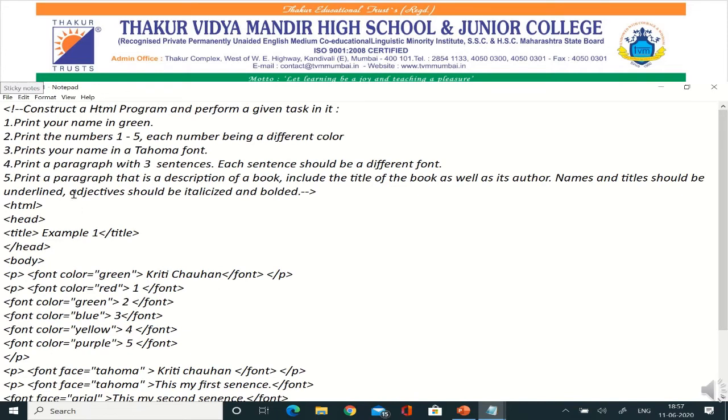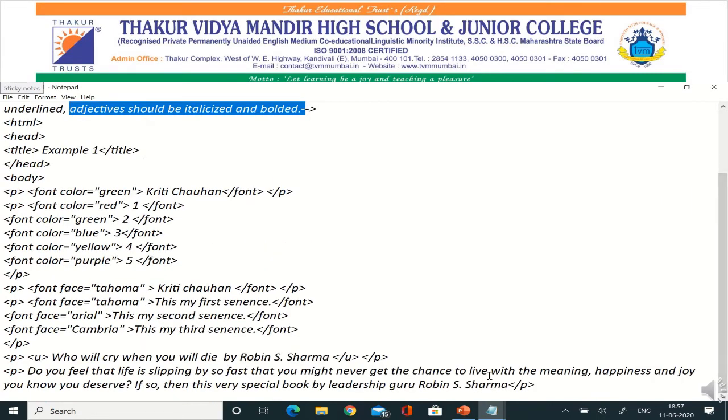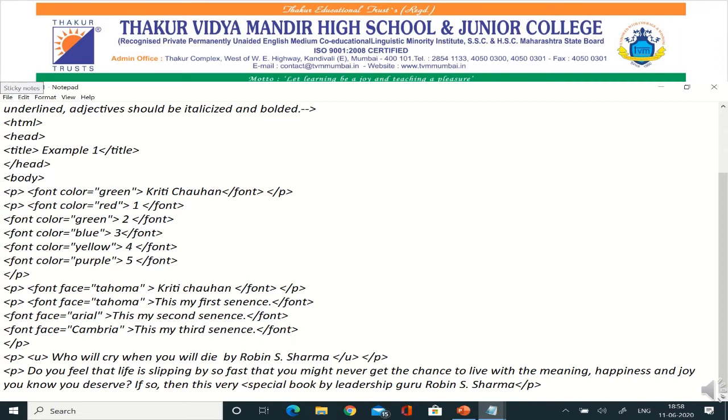Now the next question is, we have to make the adjectives italic and bold. I am just taking one adjective here and showing you the difference. Special, so special is an adjective here.